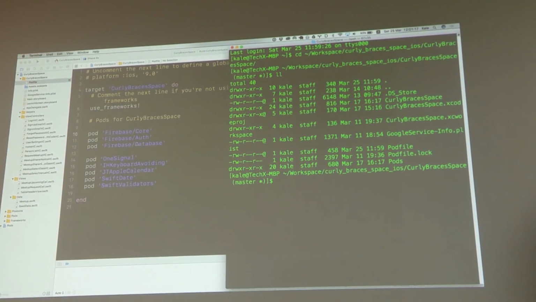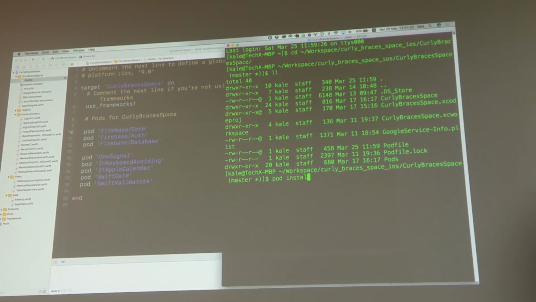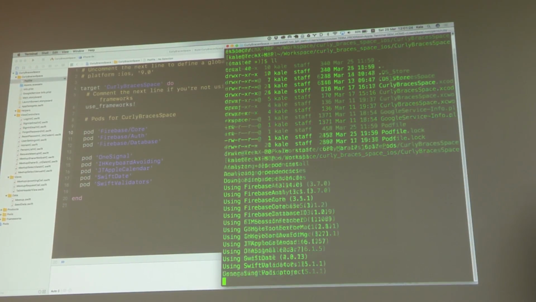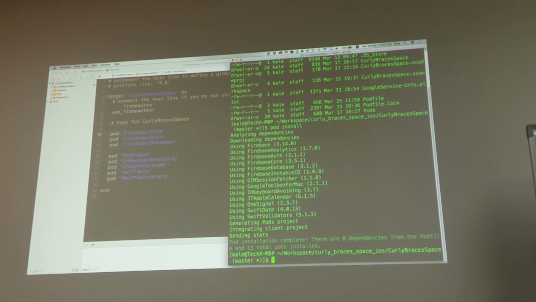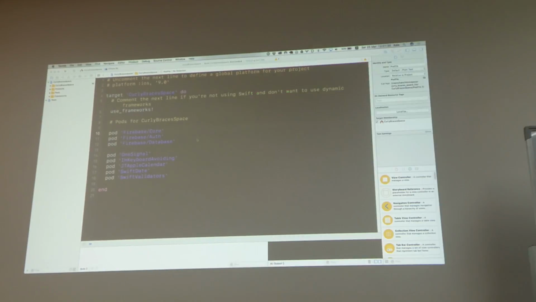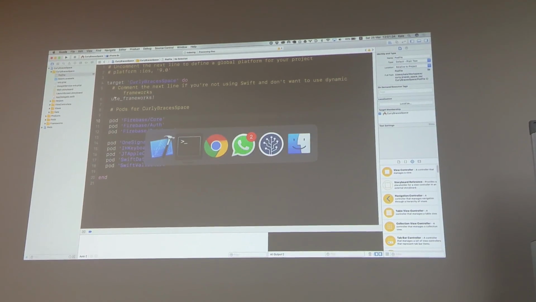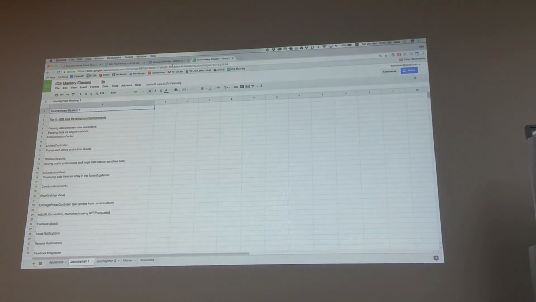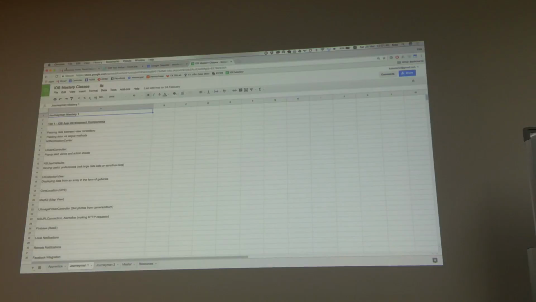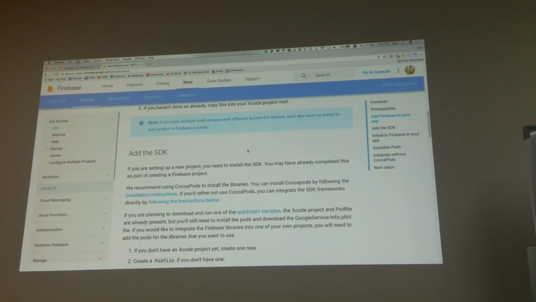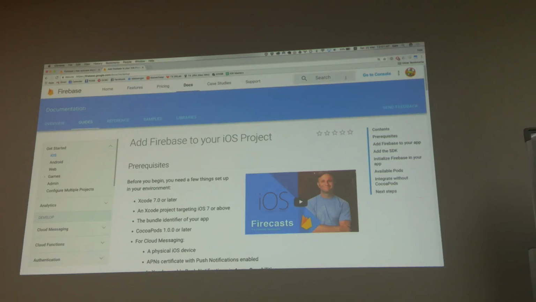So if you have this done, then of course you come back here and do your pod installer. You should just update your Xcode project with the Firebase pods. Then, with your Firebase pods, once it's inside, what you want to do is go back to your Firebase console,